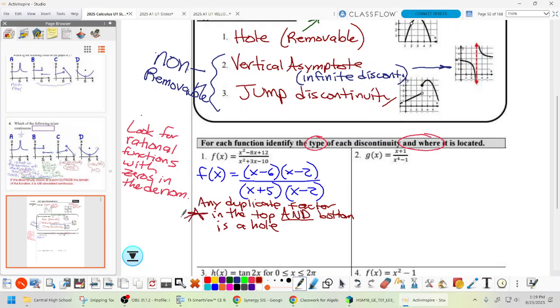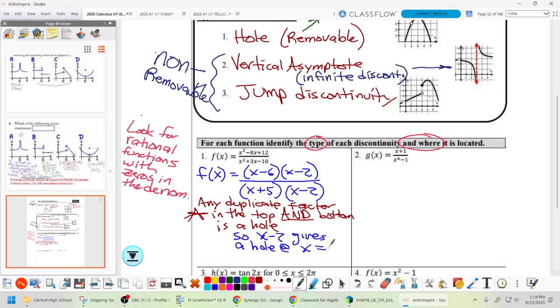So any duplicate factor in the numerator and denominator, top and bottom. Okay, in this case, where is it? 2. Yeah, the factor is x minus 2, but what's the hole? X equals 2. Yeah. Okay, x minus 2 gives a hole